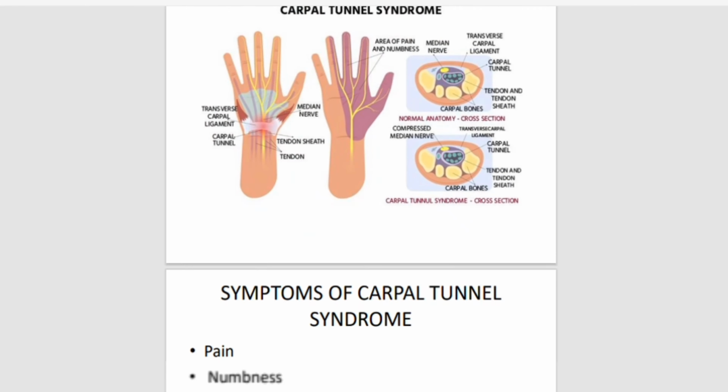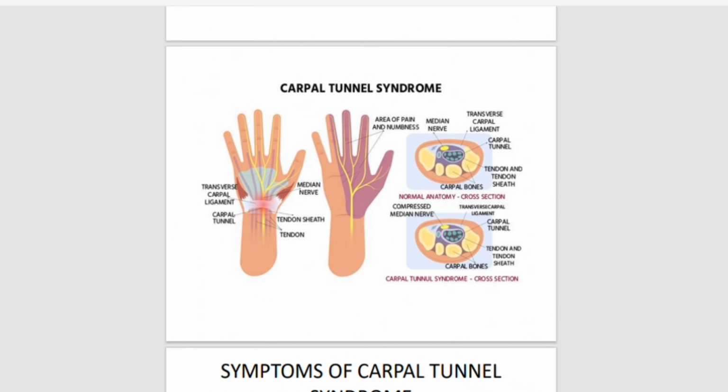This is Dr. Nabila Shahid, and today we are going to discuss carpal tunnel syndrome. But let me first give you an idea of what the carpal tunnel is. The carpal tunnel is a passage in the wrist which is enclosed by the flexor retinaculum, which extends from the pisiform bone and the hook of the hamate to the tubercle of the trapezium. Moreover, it comprises 10 different tendons which run along this passage, and the median nerve is also enclosed in this